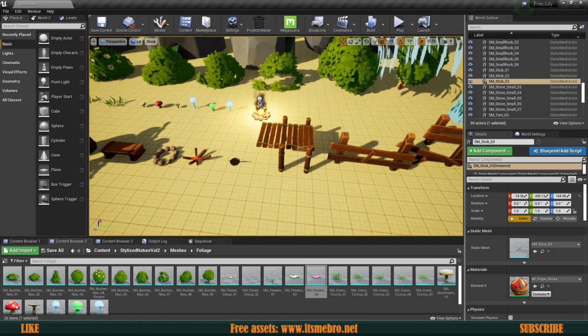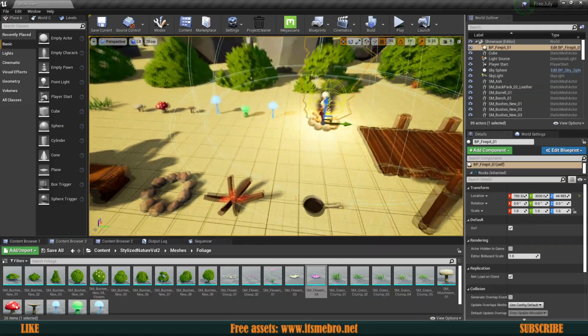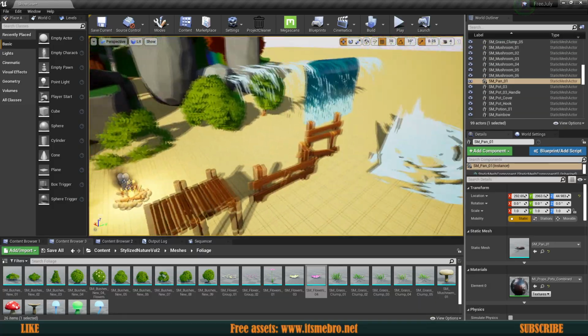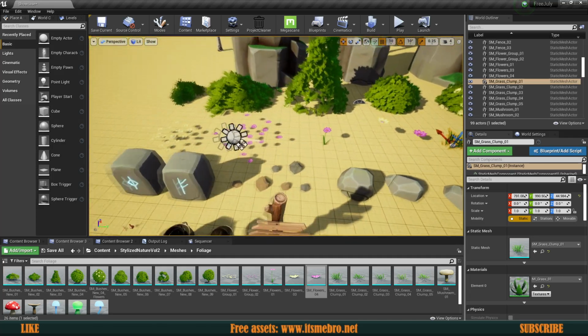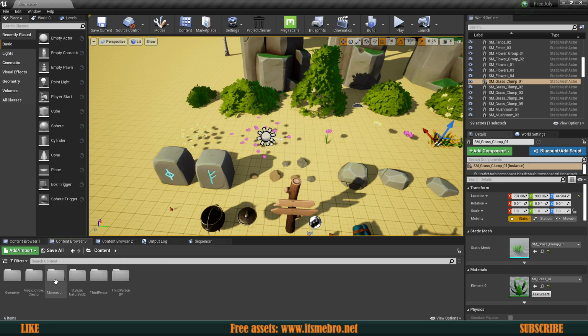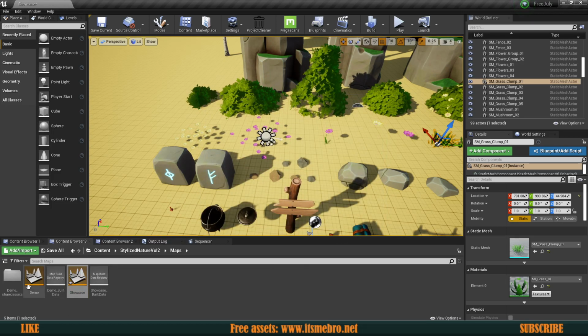Yes, if you're creating something that's low poly, this is pretty cool. We have the fireplace over here as well with a pan. We can shove that one up there, cook some food for us. We have some grass, all that stuff. Now real quick, one last thing that I didn't look into in the showcase, not the showcase, the demo map, is